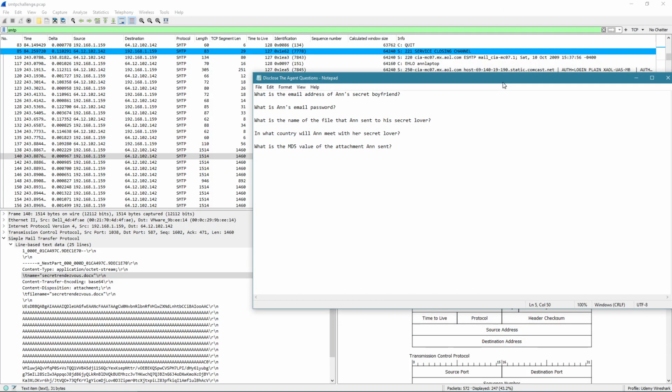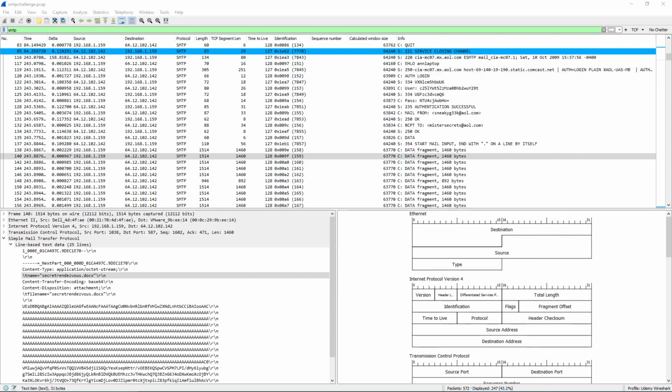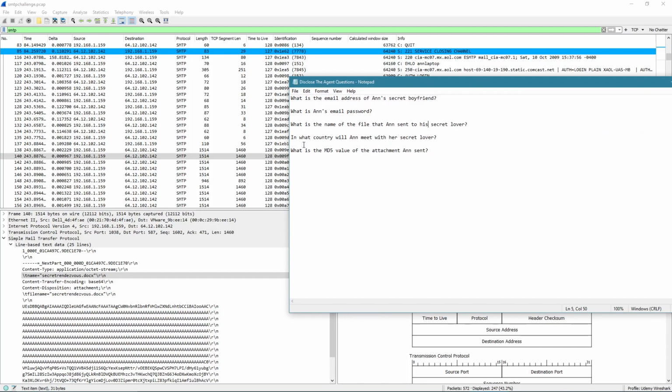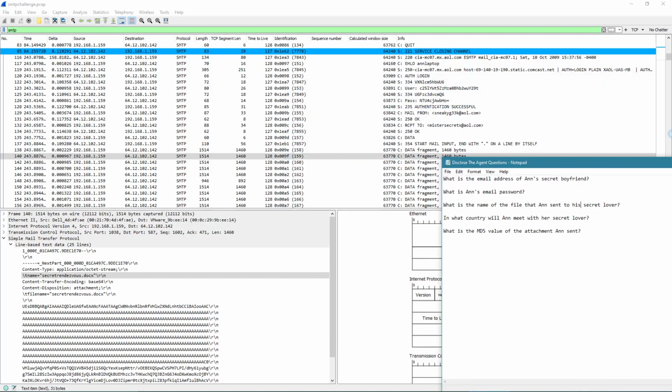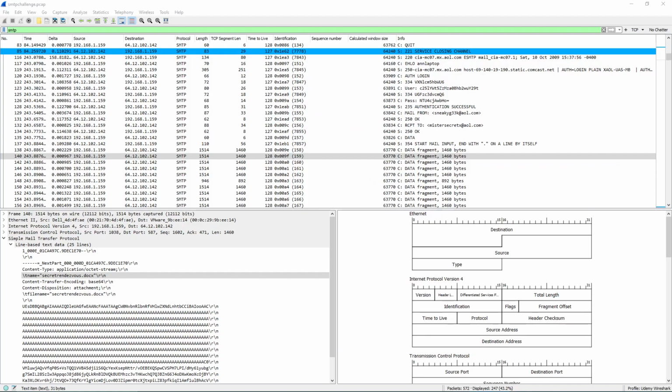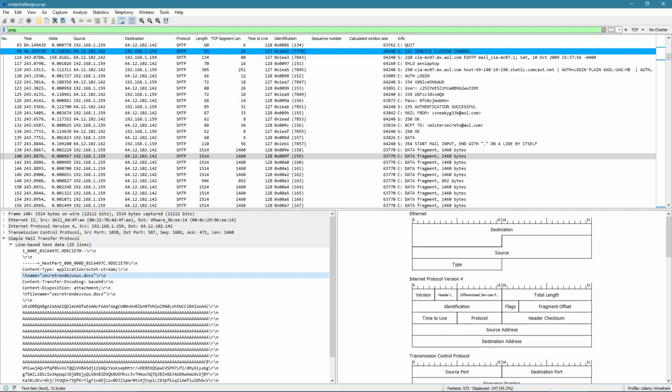Now, these last two is where we have to switch over to using NetworkMiner, because: in what country will Anne meet her secret lover, and what is the MD5 value of the attachment. With NetworkMiner, we'll actually be able to pull this attachment and see what's in it. NetworkMiner also lets you see the MD5 hash value, at least for the attachment. I haven't done much with it, but I think there's a lot of cool things. I'll have to play with it more, but let's go through the process of actually downloading it,